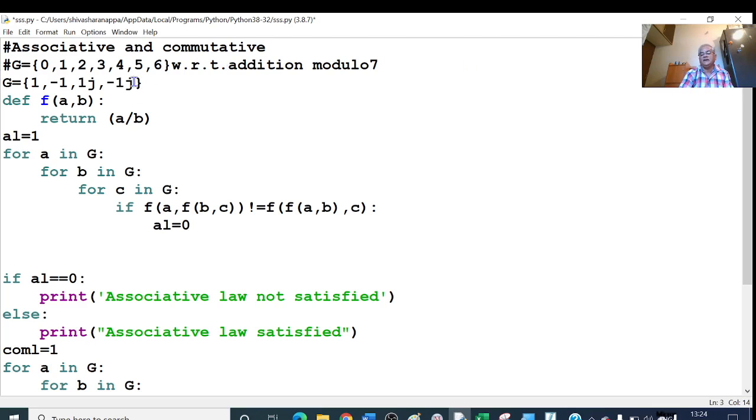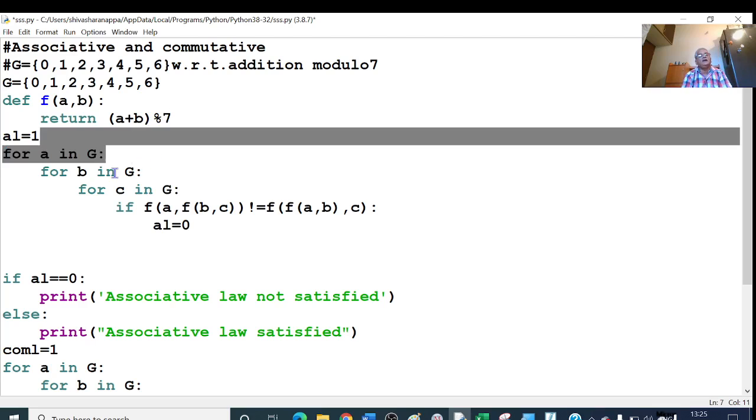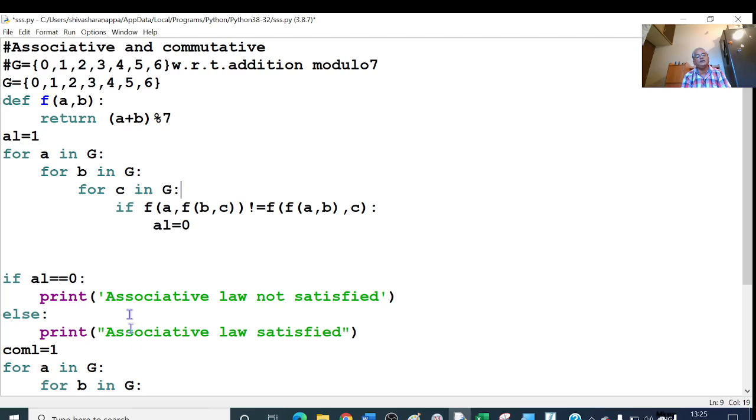So my operation here is A plus B, addition modulo 7, that is, A plus B percent 7, the least non-negative remainder when A plus B is divided by 7, and I think all the remaining parts are the same here. In this case it is satisfied.